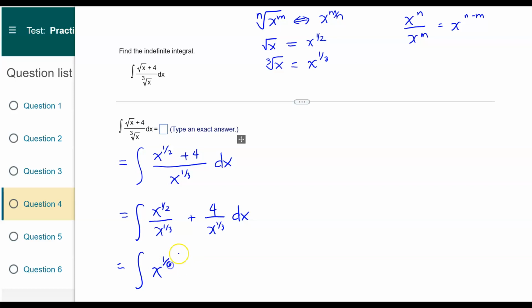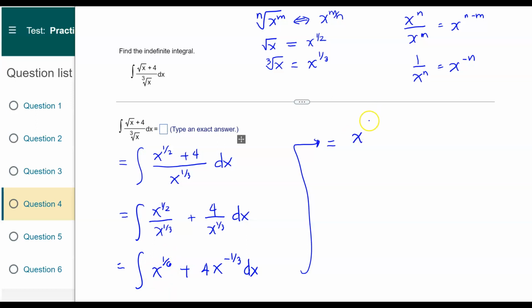So you will have x to the 1/6 plus, now here, remember, if you have 1 over x to the n, this is the same as x to the negative n. So let's bring this expression up. So you will have 4x to the negative 1/3 dx. Then you can integrate this using the power rule. So this is equal to the integral of x to the 1/6, which will just be x to the 1/6 plus